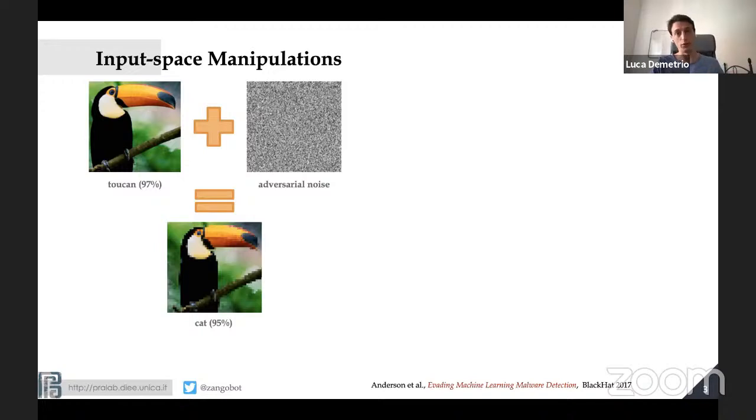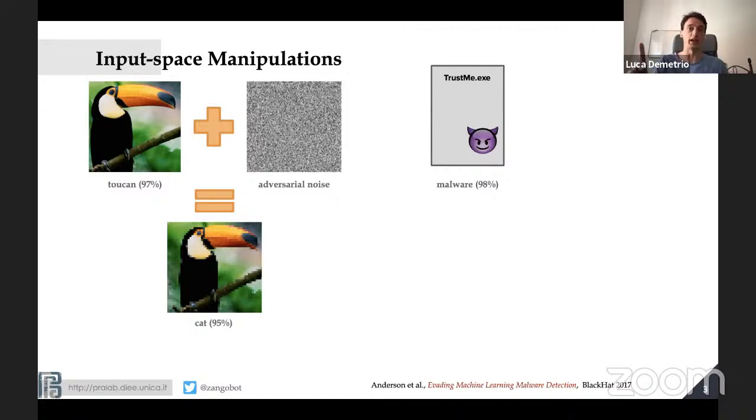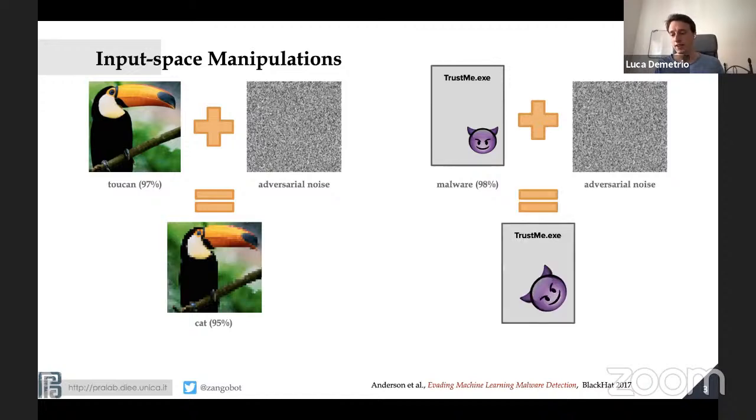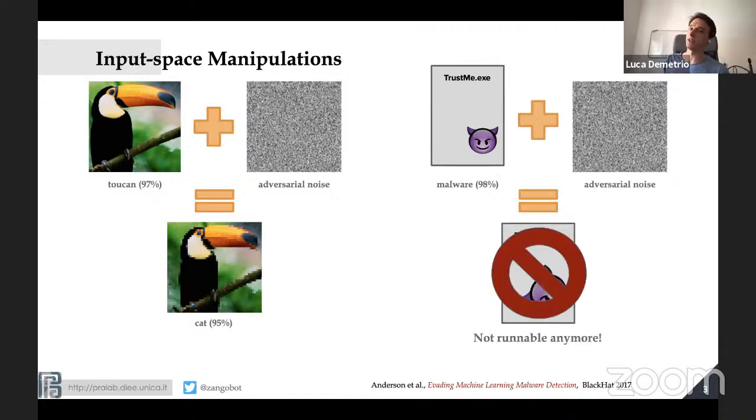Then you want to do the same with malware. You take your program that is malware because it has very high confidence of being malware. Then you add some noise and you produce something, and that thing might not work anymore, because altering bytes is not the same as altering pixels. You might end up with files that are entirely corrupted. So that's the first problem.